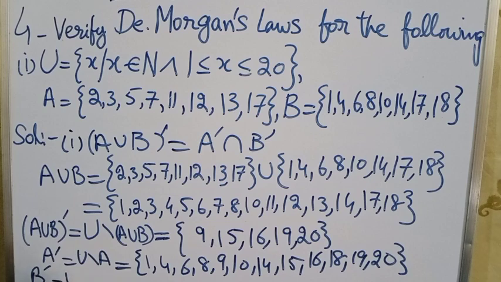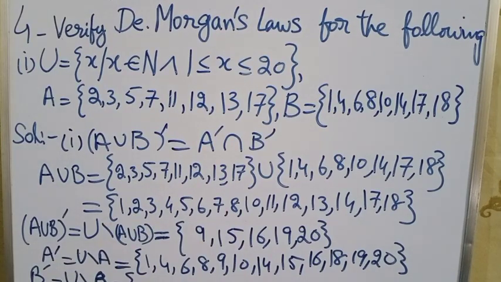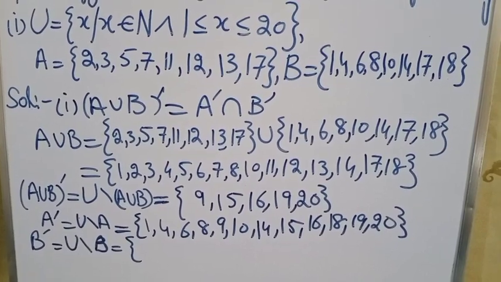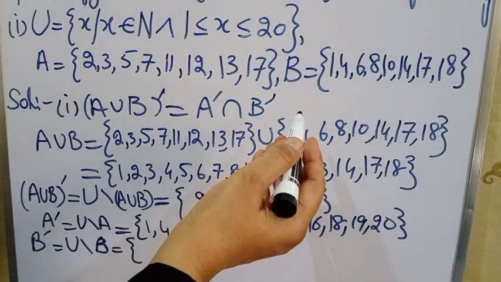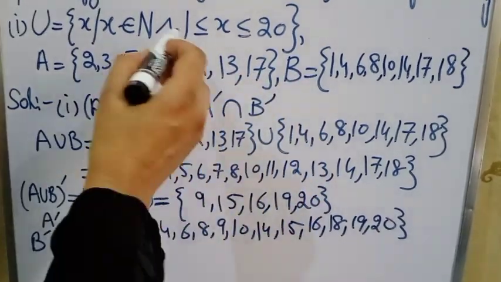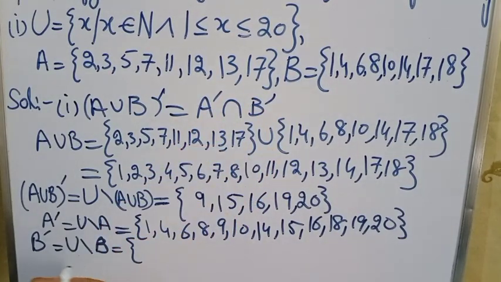Now similarly, set B complement contains all elements of the universal set not contained in set B. So these are elements of set B. So we have to find or write by comparing one by one. 1 is an element of set B, so it is not an element of B complement. 2,